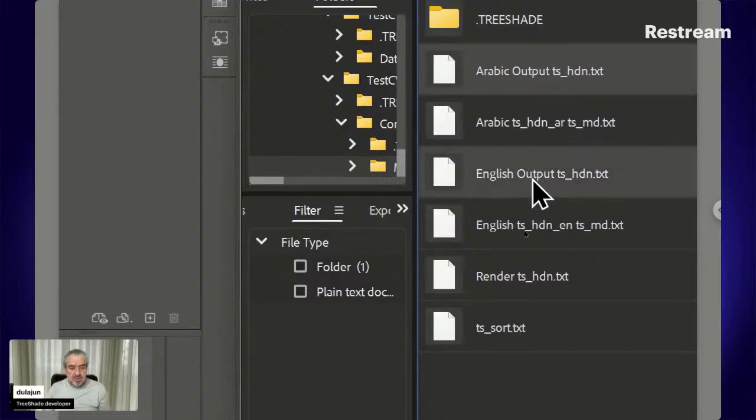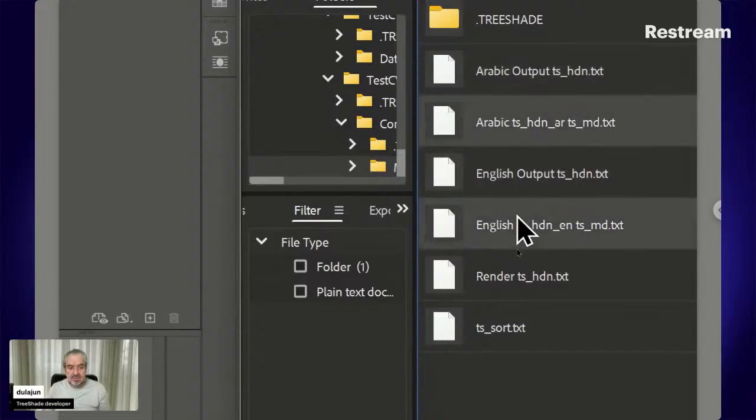This one is for the output, and this one is for the markdown itself, because here we have this flag ts underscore markdown. And remember that we added the section marker underscore en, and because here we have underscore en, this file will be placed,